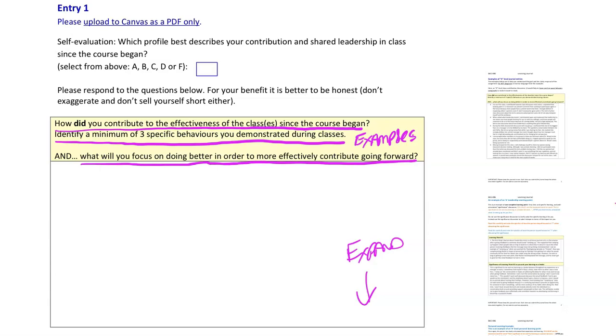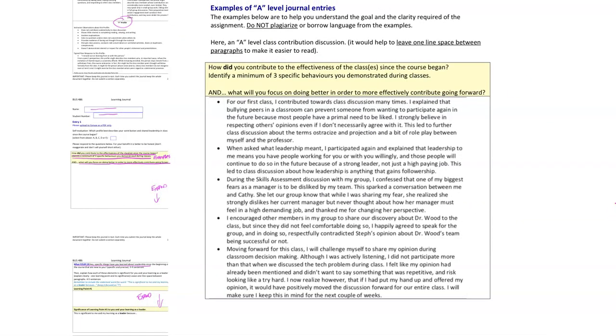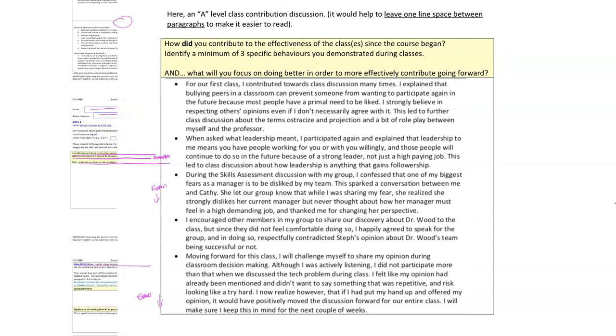So let me show you an example. So here, this student wrote 4 specific things. And I'm not going to read them all. I'll provide the example for you in a separate document, but this is something you can read. If we look at the first one: for our first class, I contributed towards class discussion many times. I explained that bullying peers in a classroom can prevent someone from wanting to participate again in the future because most people have a primal need to be liked. I strongly believe in respecting others' opinions, even if I don't necessarily agree with it. This led to further class discussion about the terms ostracize and projection, and a bit of role play between myself